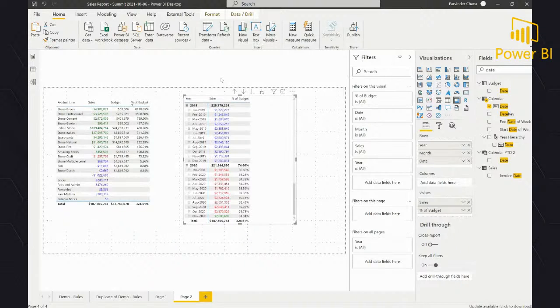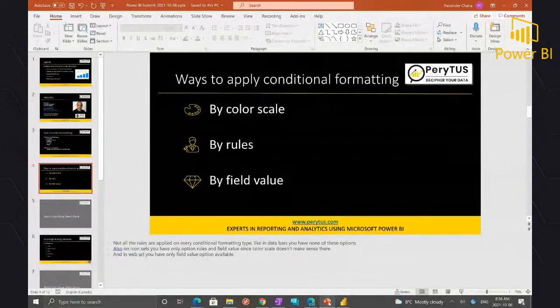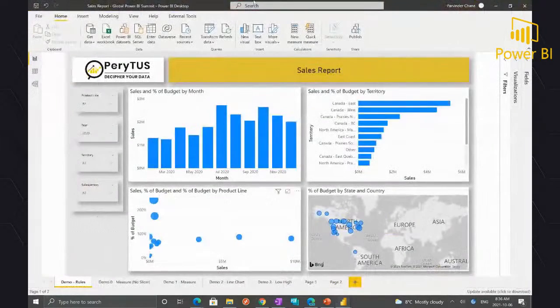But this is just the basic stuff, and I think the real value comes in which I found is, I'm gonna quickly switch to another Power BI file here, which is this. I already have something here. So this is, for example, a sales report, same sales report, but a little bit more. I've created visuals in this one. I have slicers here and showing the sales by months and by territory and whatnot.